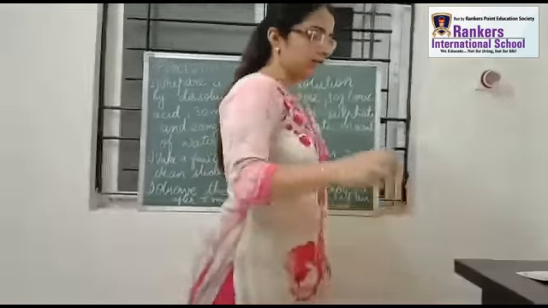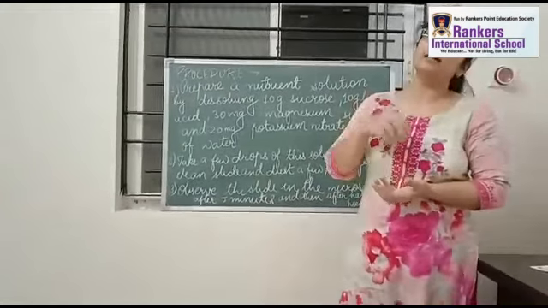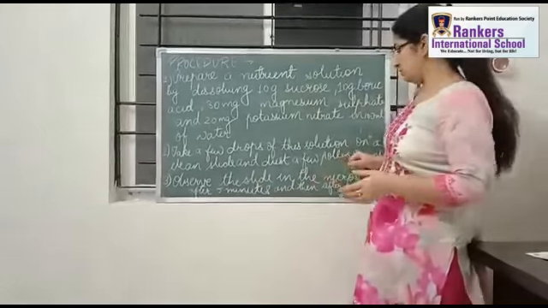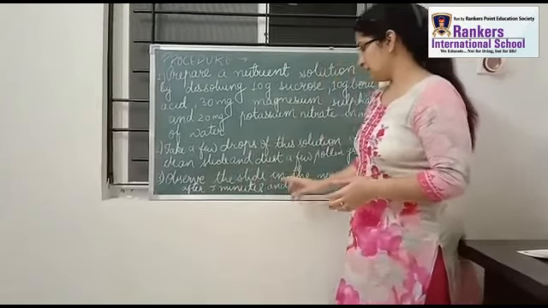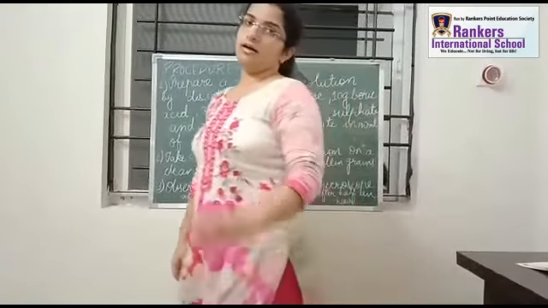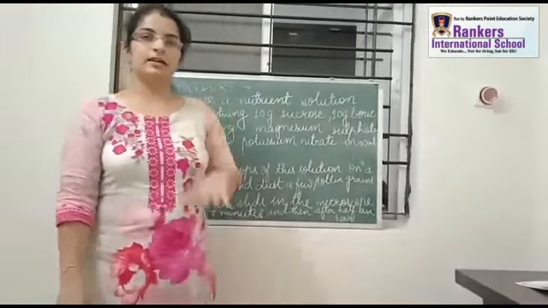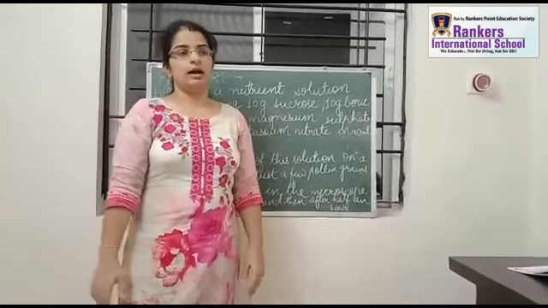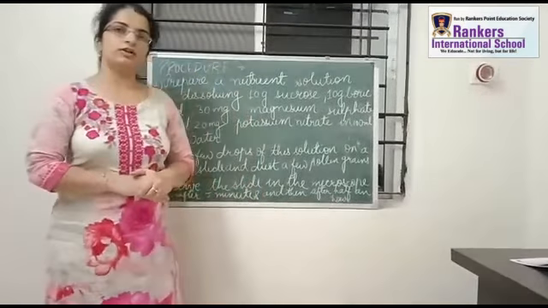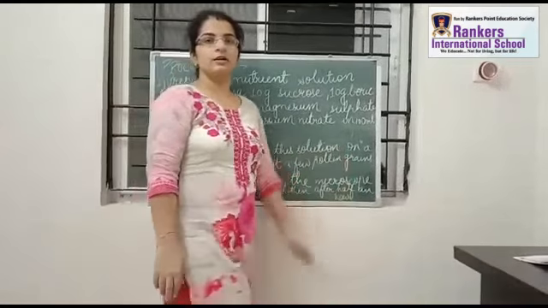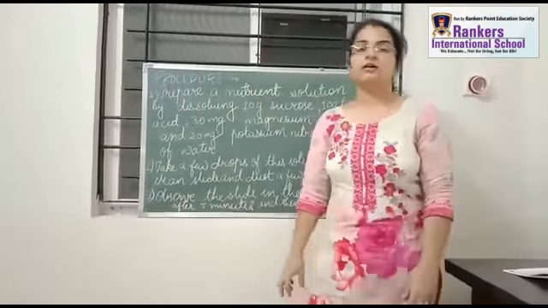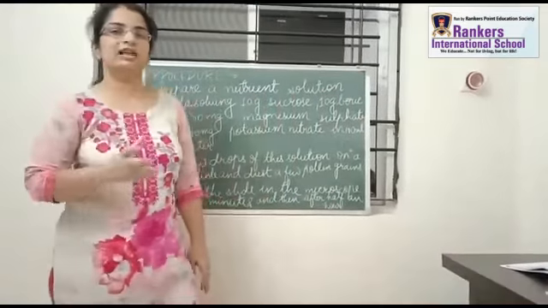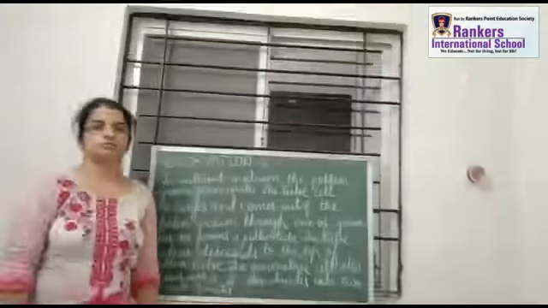Take this solution on a clean slide and dust some pollen grains from your flower onto this slide, and observe the slide in the microscope after 5 minutes. Then keep it and observe it again after half an hour. Then make an observation table or conclusion after seeing the slide in the microscope, and write how it looks under the microscope.